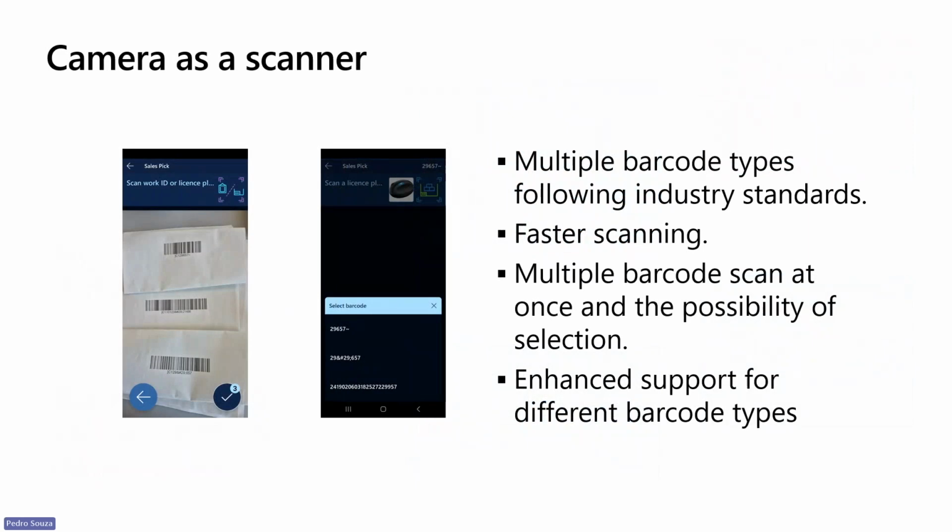Back to Misa. Yes, so as probably many of you know, in the Xamarin version, the current one that is out there that people are using, we could scan a barcode using the camera, but that was not optimal because it had some issues as well. There was an issue that we did not support all barcode types that follow industry standards using the camera, which we do now. So we have added support, and we have now really achieved fast camera scanning, because before sometimes